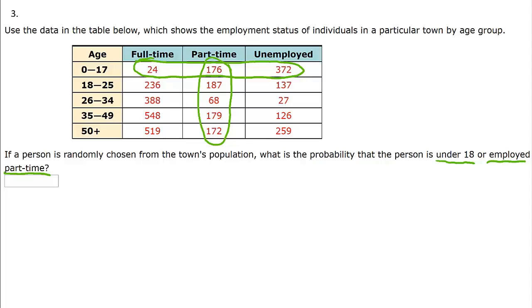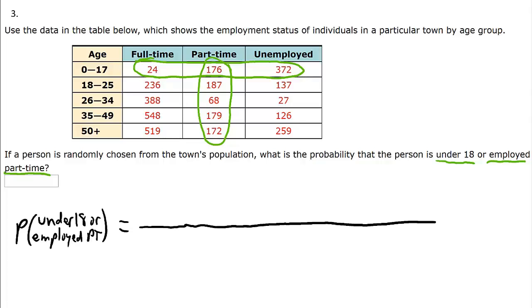And now we want to do the probability that the person's under 18 or employed part-time. So we simply need to count every number that we circled because it's an or. If it were and, we would just look at the overlap. But this is or, so we count every number that's circled. So the probability that a person chosen at random from this town's population is under 18 or employed part-time is